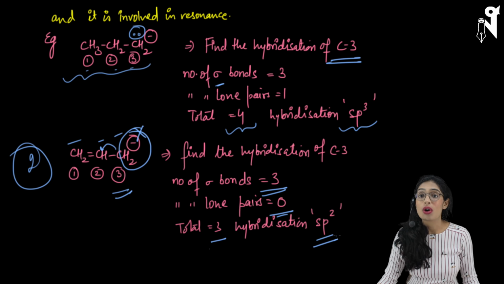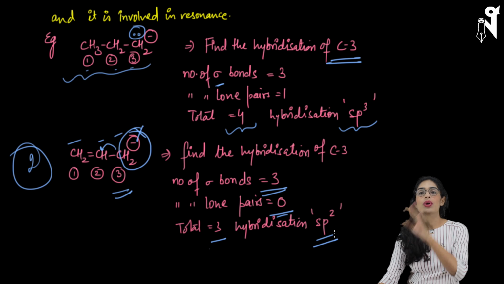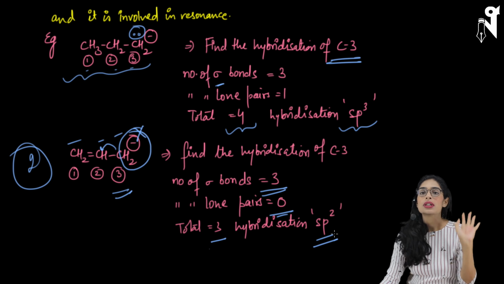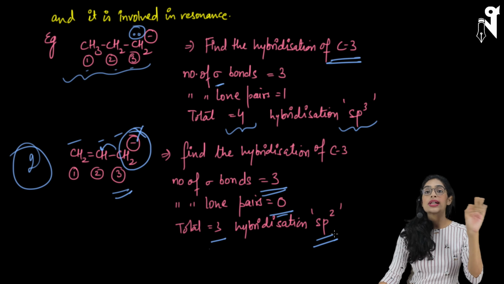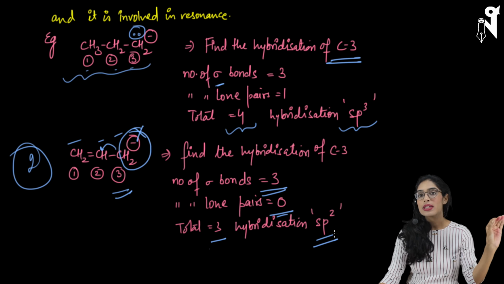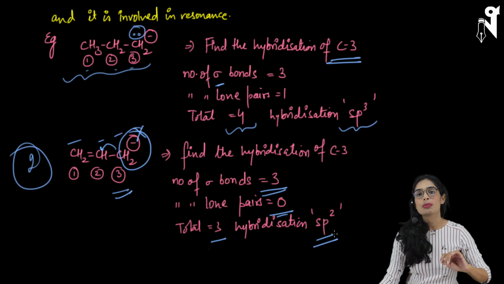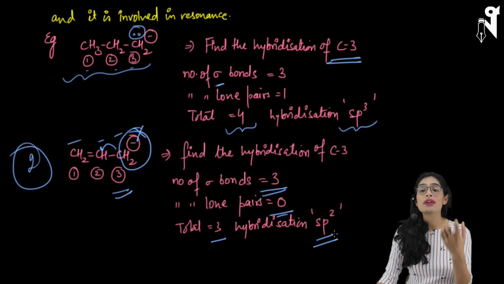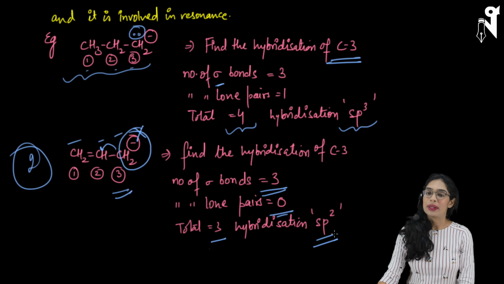This is a very important concept. The questions which are asked from this part are directly just a compound they'll give you, and they'll ask you to find out the hybridization of a certain carbon. And at that time, if the carbon is like this, in which there is a pair of electrons which is going to be delocalized or going to participate in the resonance, or which is the neighbor of the carbon having a double bond, in that case you will give another hybridization if you don't know this concept, and the actual answer would be something else.